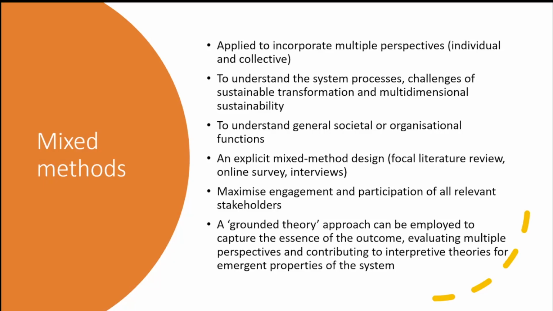explicit mixed method design, that is like all three together here. For example, literature review, online survey, and interview. So literature review is a mix of things, like it has some facts as well, it has some qualitative. So qualitative and quantitative data you can get from the literature. Online survey would give you mainly quantitative data, and interviews will give you mainly qualitative data. And if you combine all these and then triangulate your research data, then you will understand more of the combination of things coming out of that.